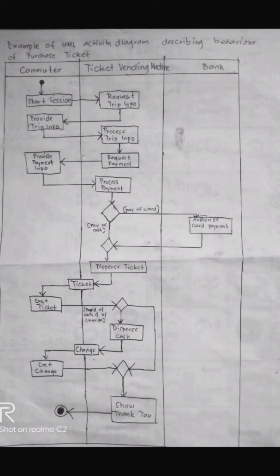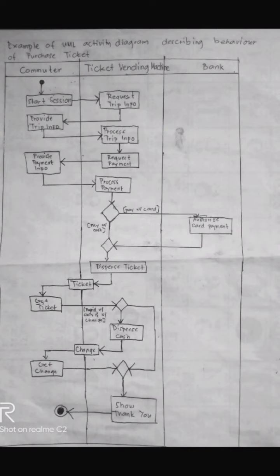where our first activity will be placed. This square is the symbol of an activity. So we have the first activity, start a session. Then it will flow to the ticket vending machine. So we have here the control flow symbol, and in the ticket vending machine we have the request trip